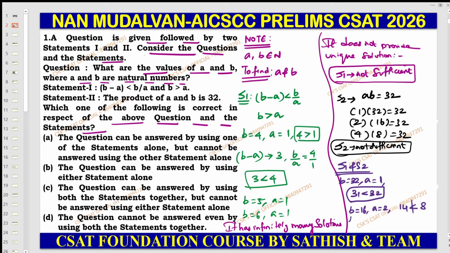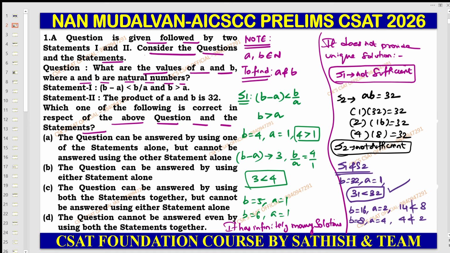So let us take B is equal to 8 and A is equal to 4. If you are doing this, B minus A is nothing but 4. What is B by A? 2. Is 4 lesser than 2? No. So therefore this pair fails when you take both the statements here. So therefore only one